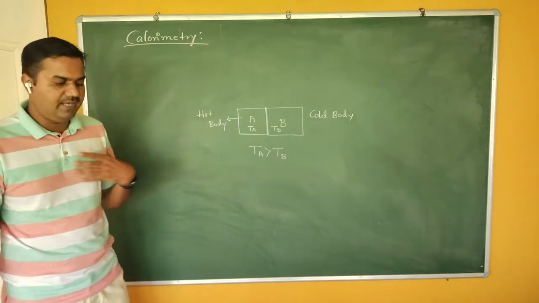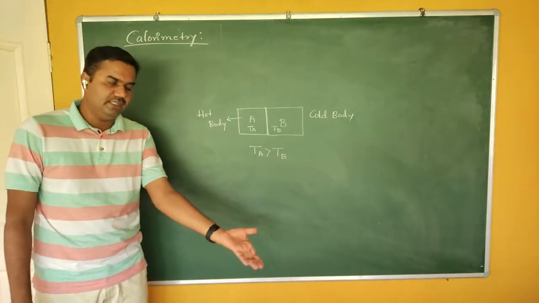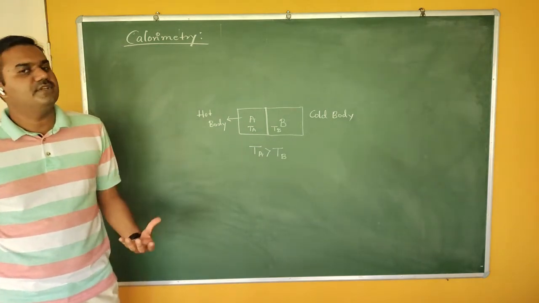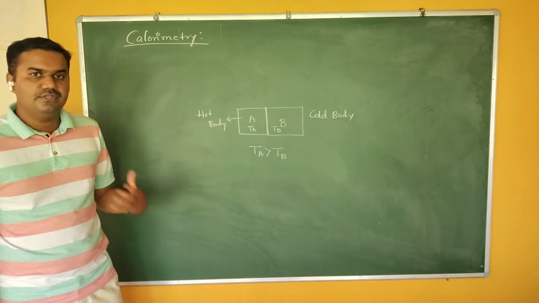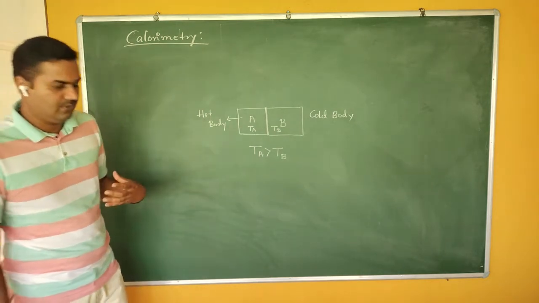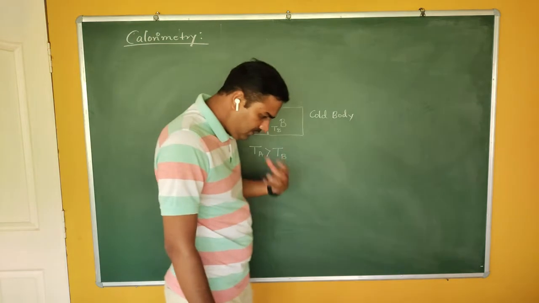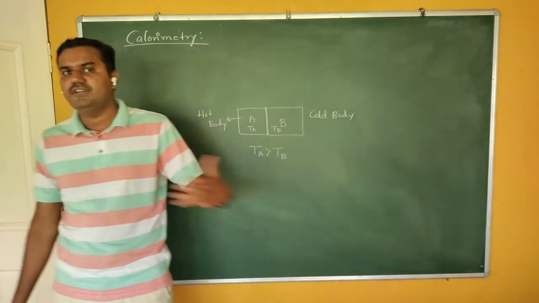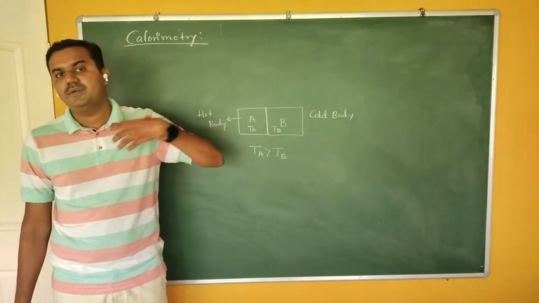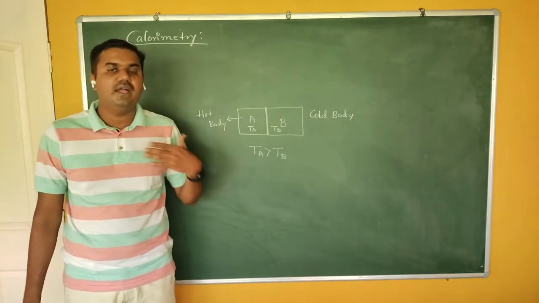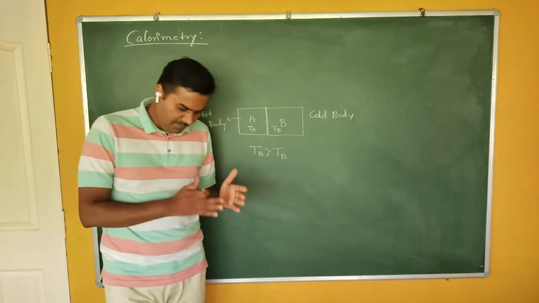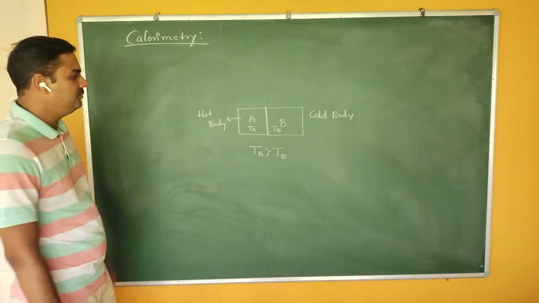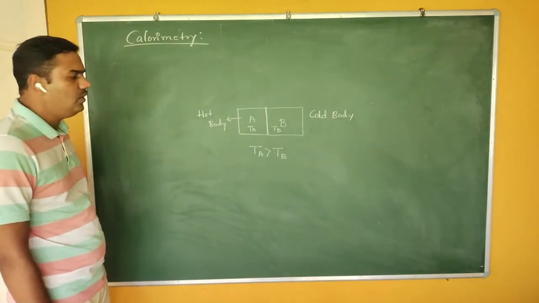For example, if you stand in front of ice, you are considered a hot body and the ice is considered a cold body, so heat flows from your body to the ice. Or if you stand in front of a fire, then the fire is a hot body and you become a cold body. Therefore hotness and coldness are relative. So if the temperature of A is greater than that of B, then A is called the hot body and B the cold body.